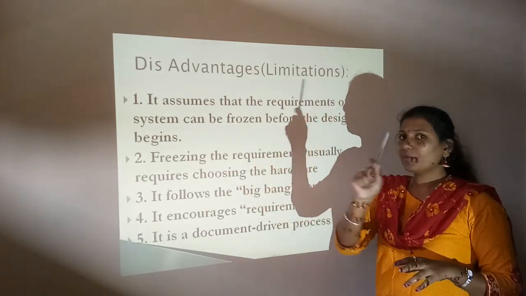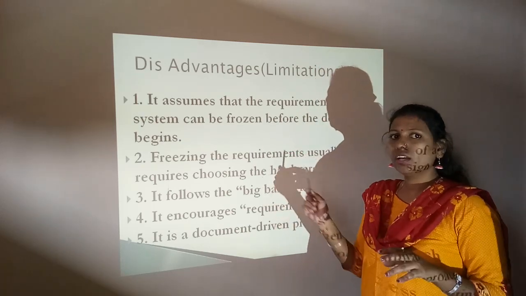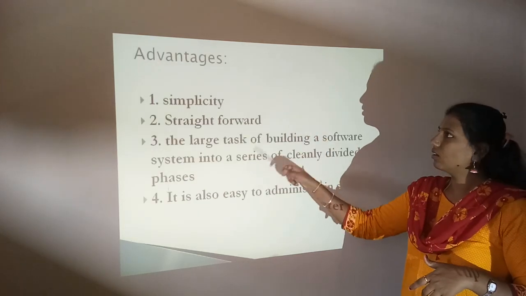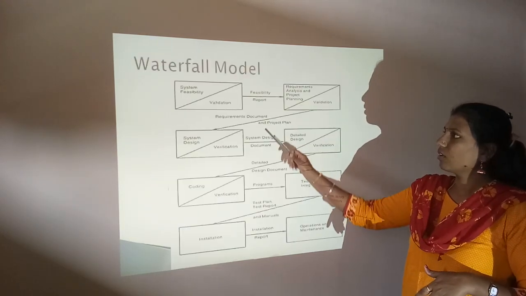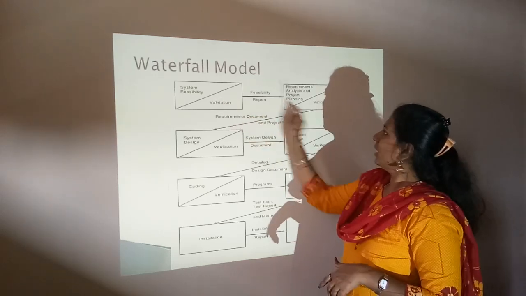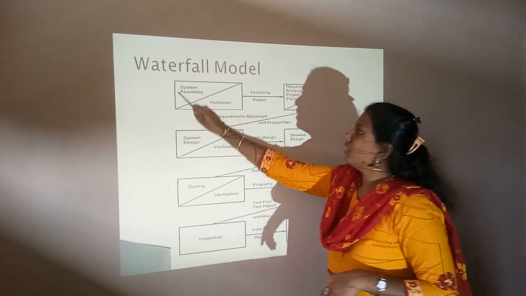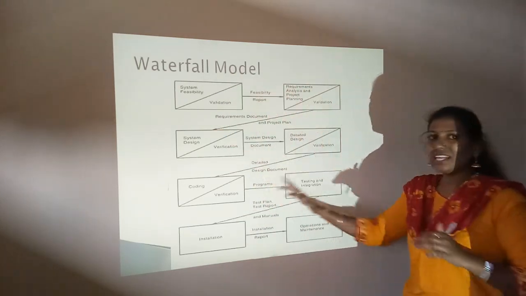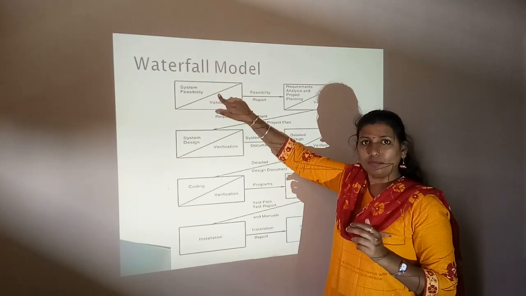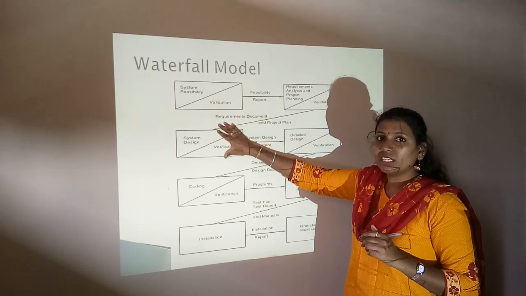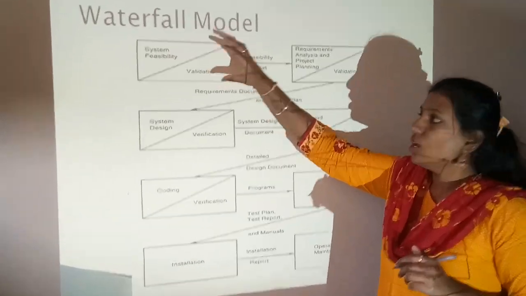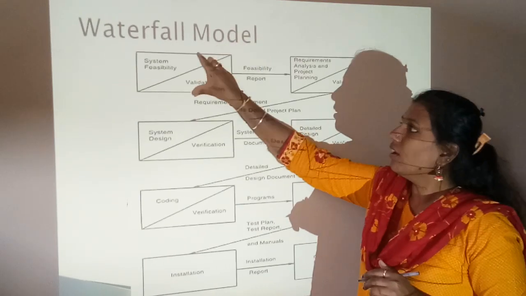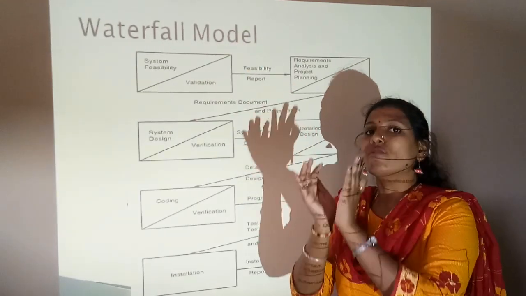The requirement collection is your first stage in the waterfall model, right? You can have a look at the previous model here. The requirement collection is done in the first stage itself, so here I need to freeze my requirements. After I reach any next level, I cannot change the requirements. Correct? If I start with the design, I cannot change the requirements. So in the first stage, the requirement collection phase, your requirements are going to be frozen.